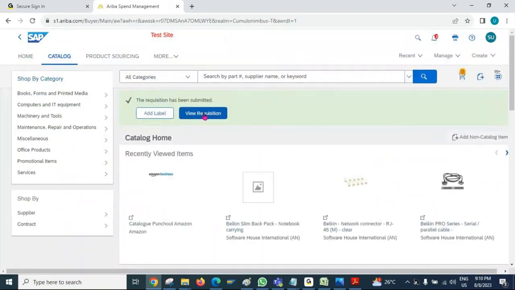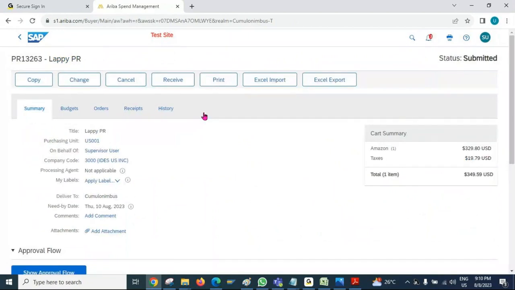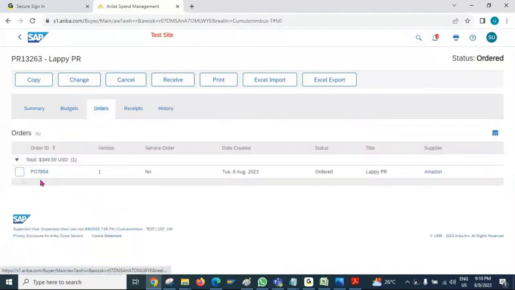Then click on the requisition. So we have to follow the same process that we actually follow in the Ariba buying and invoicing solution. Okay, so you can see this requisition has been submitted, and you can come to the Order tab. You will be able to see the purchase order number. Then we have to perform the receiving. We have to perform the invoicing. All these particular activities we have to do here. So this process we have to follow actually in case of the